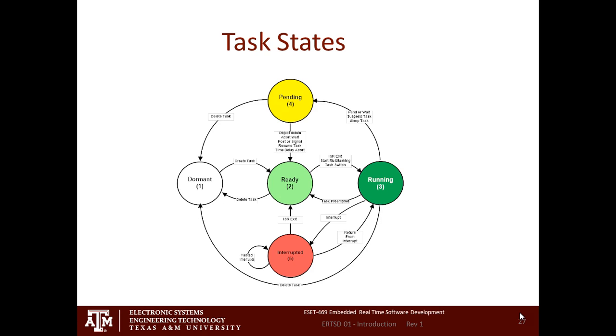Let's talk about a dormant task first. So a dormant task is where you've written the function. You got the C code. The compiler compiled the code. It's sitting in the ROM. And the kernel does not have a clue that it's there. Okay? You haven't started it. It's not running. It's just taking up space. That's dormant.